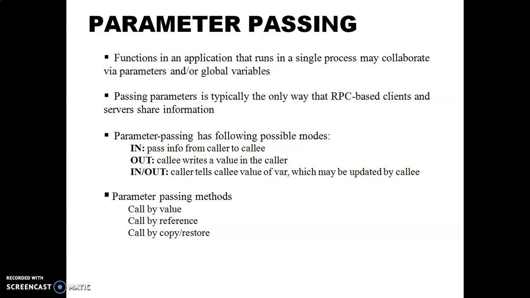which is used for communication between client and server. Parameter passing has the following possible modes. The first one is in, that passes information from caller to callee, meaning client to server. Out, callee writes a value in the caller, that means the server returns the value to the client. And the third one is in out, caller tells callee the value for a variable which may be updated by callee. So we can say that parameter passing methods are call by value, call by reference and call by copy or